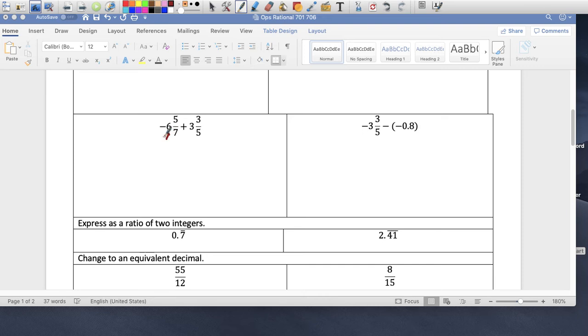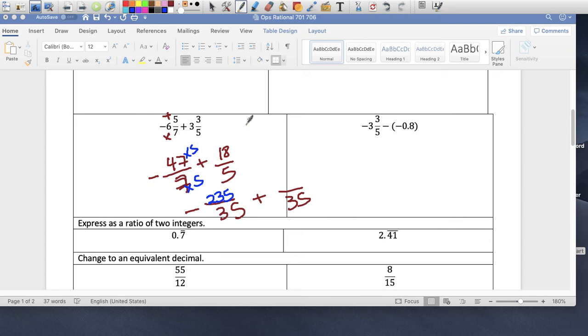So it's 7 times 6 is 42, plus 5, 47. So 47 over 7, negative, plus 5 times 3 is 15, 18 over 5. We need to find a common denominator. In this case, it's going to be 35. So how did the 7 become a 35? It was times 5, so I'm going to multiply the top times 5. 5 times 47 is 235. And then 5 times 7 over here, and then times 7 on top,